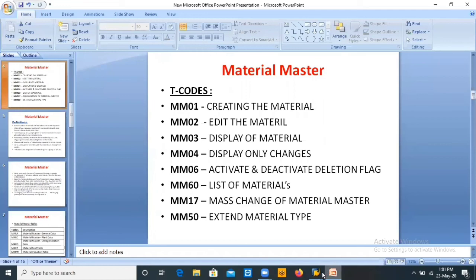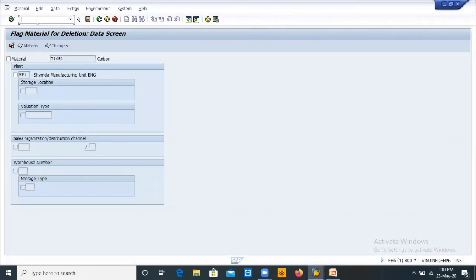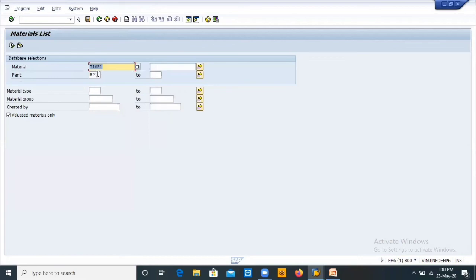And MM60 is the list of materials. Click here and these will come. I'm giving just plant HP1. What materials were created in this plant?